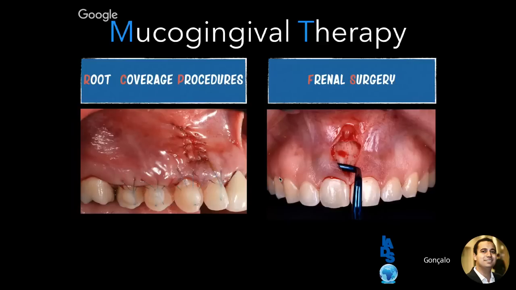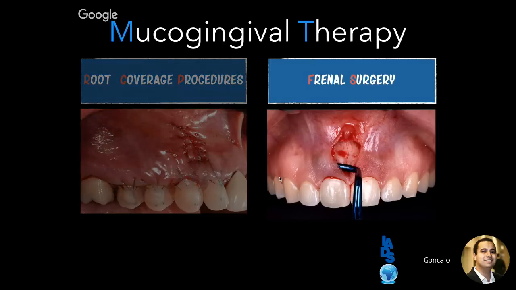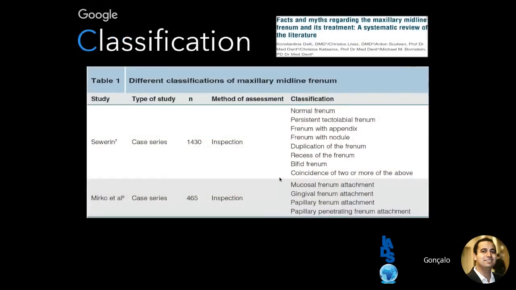So this is in terms of gingival recessions using the VISTA technique. But as I said, there are other applications of this technique, and one of the applications is frenal surgery, which is actually a technique that Dr. Zade and I developed here at USC, where we use VISTA for frenectomies. But first, let's have a look at the classification and the etiology of the frenectomies and the facts and myths